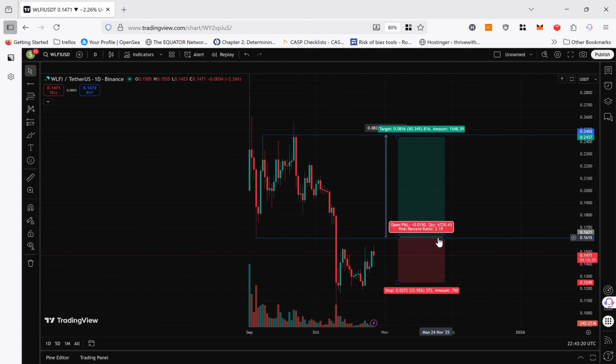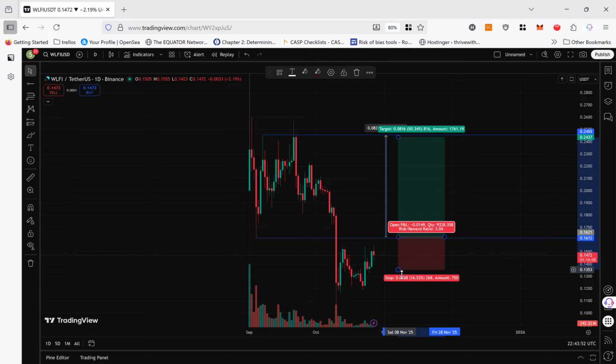Are we good? Almost. This is your profit, this is your loss. The minimum profit to loss calculation or ratio has to be 3. At the moment you can see risk to reward ratio is 2.19, which means I need to reduce it here and make it minimum 3. That's your minimum. In an ideal scenario, you want to have your risk to reward 5 times, 4 times, but definitely 3 times. As it stands, this is your 3 times, which means my stop loss can go all the way down to here, which is 0.134,